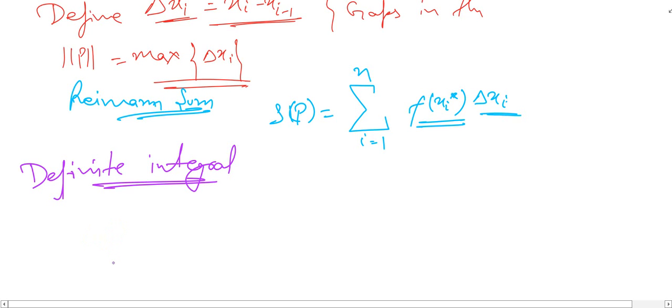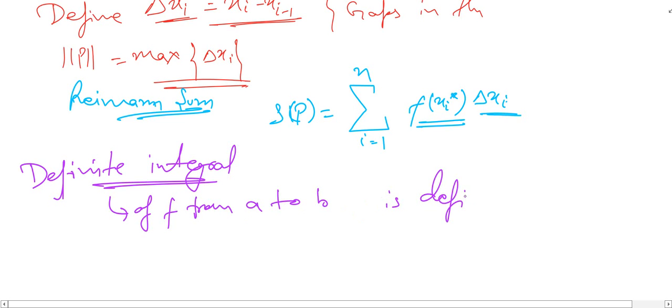The domain can be a huge thing, and we are interested in some interval AB for which we need to find the area. Then the definite integral of f from A to B